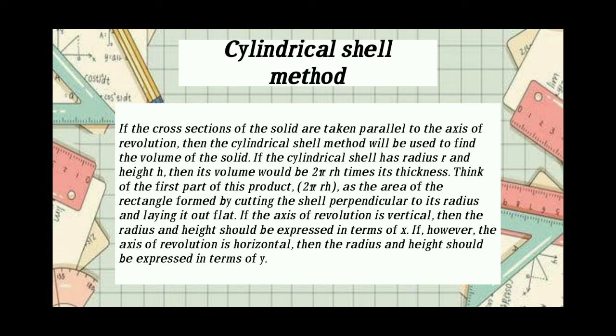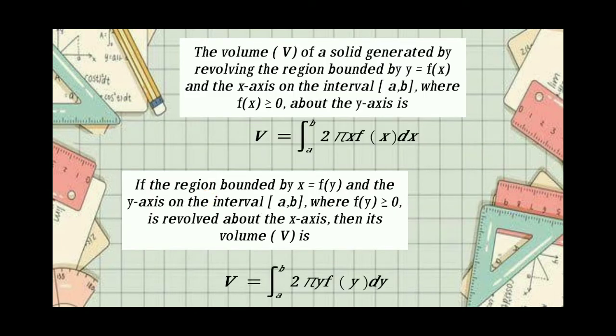If the axis of revolution is vertical, then the radius and height should be expressed in terms of x. However, if the axis of revolution is horizontal, then the radius and height should be expressed in terms of y. The volume of the solid generated by revolving the region bounded by y equals f of x and the x-axis on the interval a to b, where f of x is greater than or equal to 0, about the y-axis,